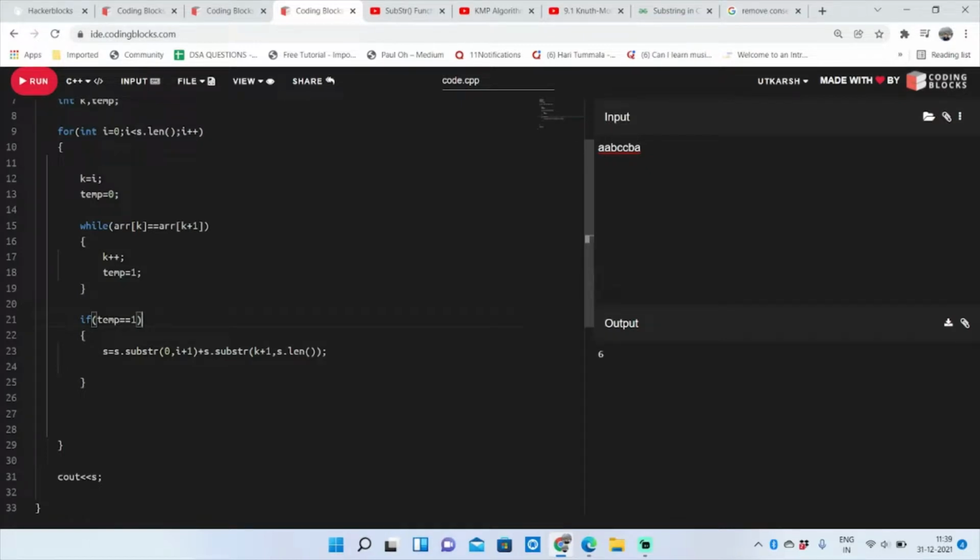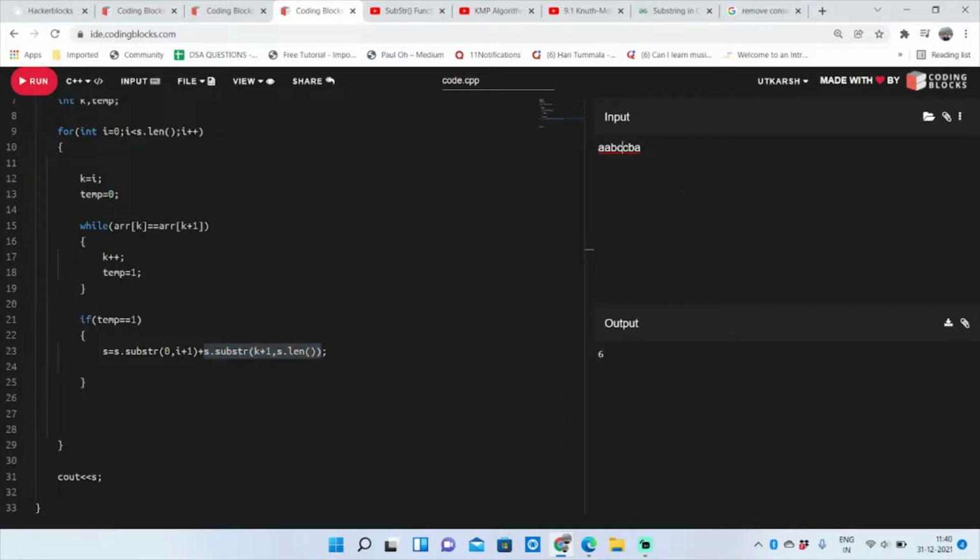And then I wrote s dot substring k plus 1 comma s dot len. Now you see, in the first iteration when i was 0, the value of k will be incremented and it will become 1. So this part, s dot substring k plus 1 comma s dot len, will be effectively s dot substring 2 comma s dot len.